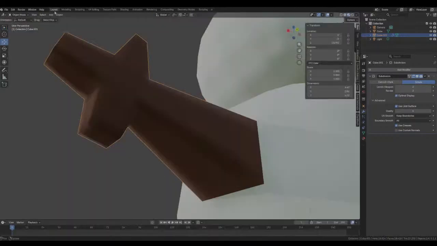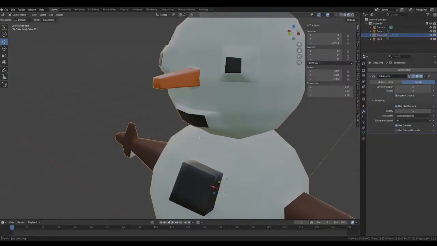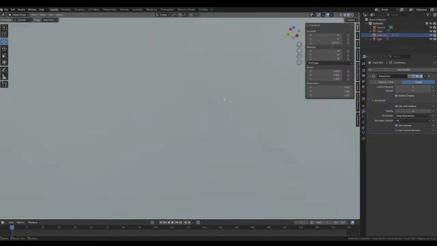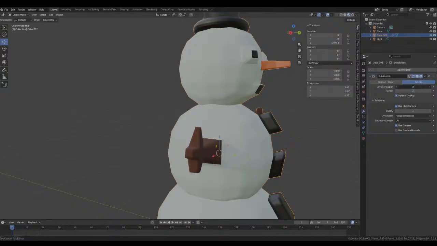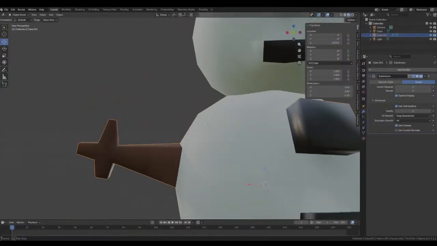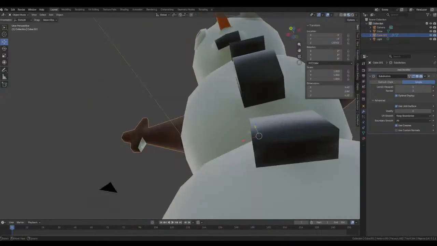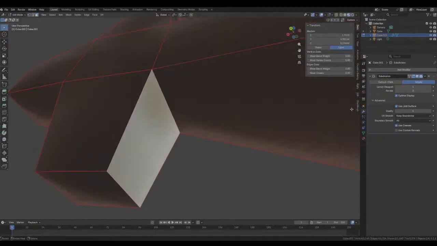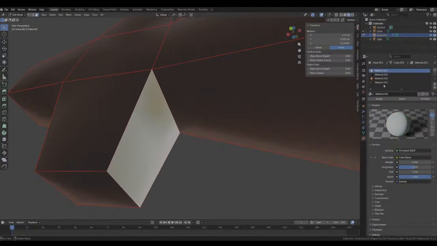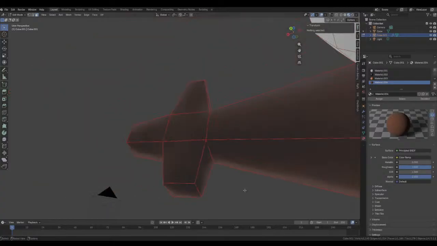Does it look better that way? So that's you right there. Found the problem. There we go.